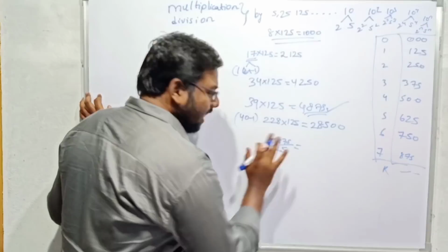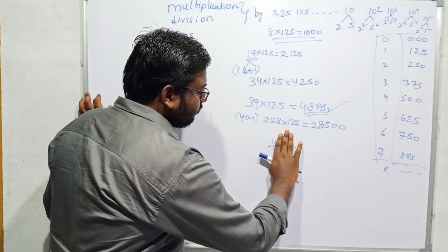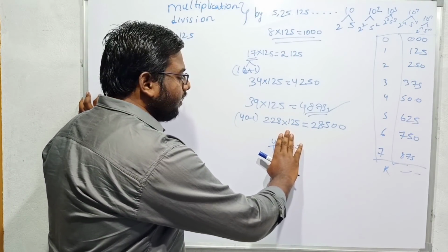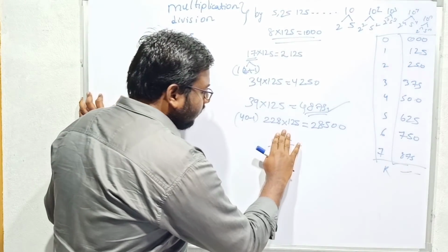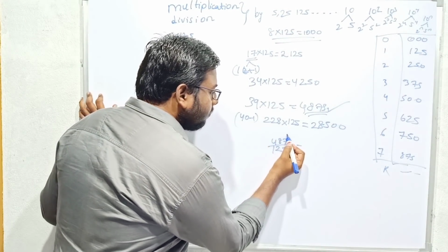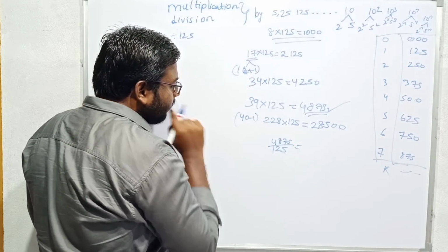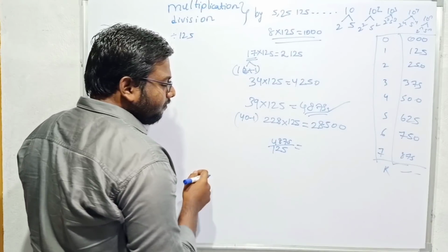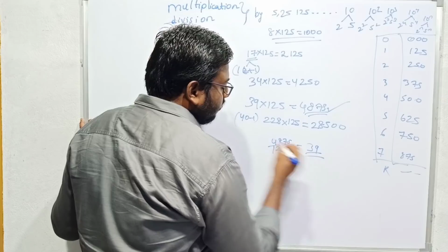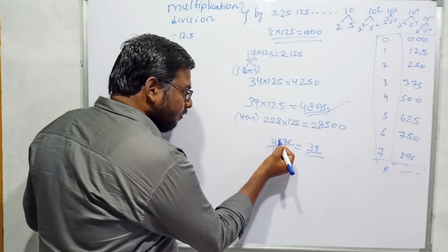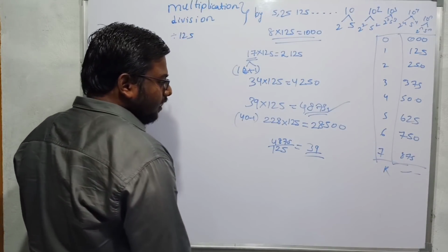So how we will proceed means, as like in the 25 case, we will remove last 3 digits, we will hide and we will multiply this with 8. There the multiplication factor is 4, here the multiplication factor is 8. 4 8s are 32 plus the result when we divide this with 125 is 7. So 32 plus 7 is 39. So how we will get 7 means, there are 7 125s in it. 125 into 7 is 875. So 39 is the result.